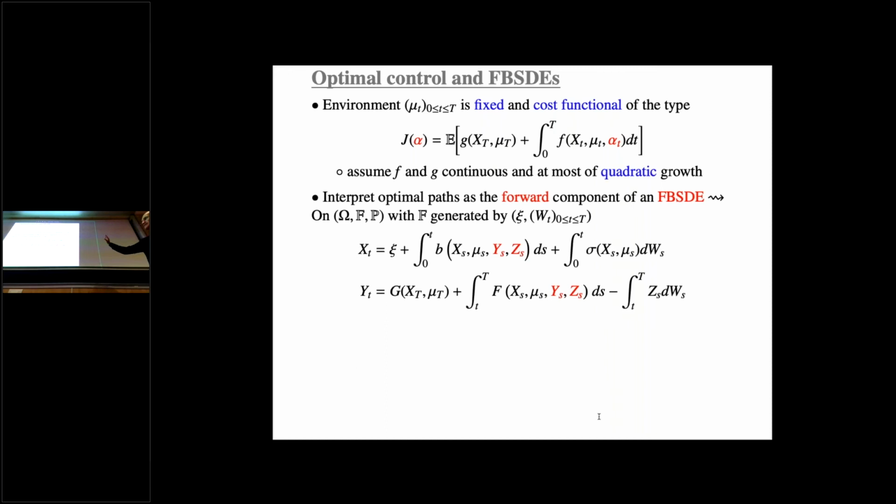So generally speaking, I'm going to explain this to you next. You can describe the optimal trajectories, so when mu is frozen, in terms of a coupled forward-backward system. So this is not coupled forward-backward as before between two PDEs, but this is between two SDEs. So the solution here, the notation here is not very rigorous. This is to say that in the forward equation, you are going to replace alpha either by y or z. I'm sorry about my notation. This is not a very good notation. And y or z, this is given by the solution of a backward stochastic differential equation.